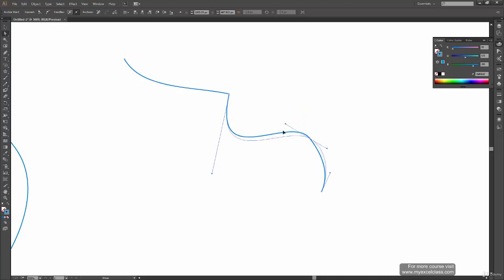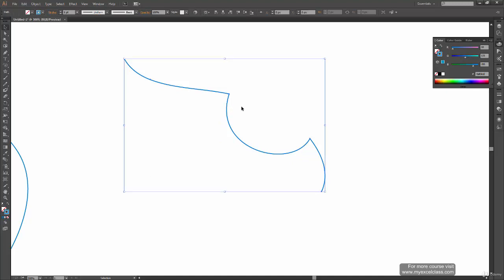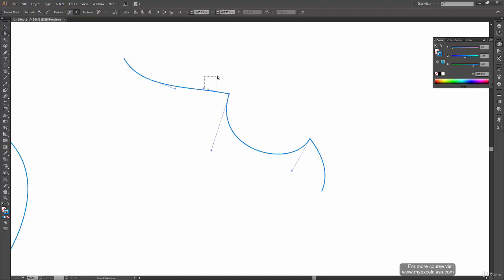And now I can make some changes over here, or I can actually press the Alt key first and then mouse click to move the control handle, and I have an anchor point which has two independent control handles. You can link them again, but there is a separate tool for that and we will learn it in future videos.